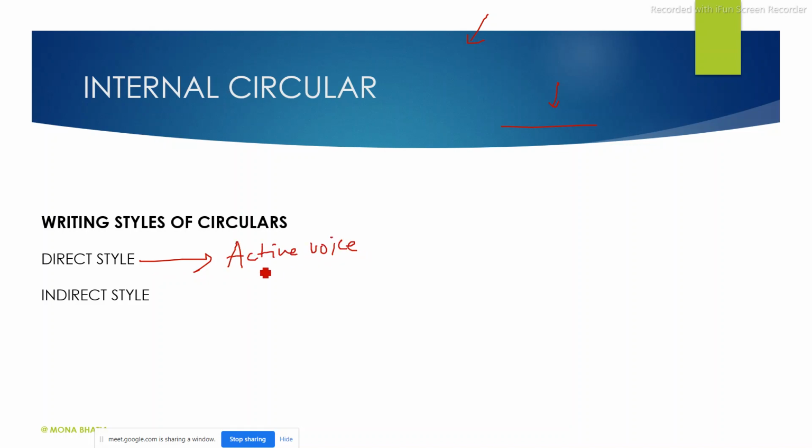आपको एक्टिव वॉइस मैंने करवाया था ईसी इफेक्टिव कम्युनिकेशन 1 के टाइम पे. ग्रामर पोर्शन उसमें ऐड सब कुछ हो गया था. सो आई एम नॉट गोइंग टू डू इट अगेन. एक्टिव वॉइस में होना चाहिए, एंड ये वाला जो होता है वो पैसिव वॉइस में होता है. ठीक है, गॉट इट. नाउ डायरेक्ट में द स्टाइल इज यूज हियर इज कॉल्ड डाउनवर्ड कम्युनिकेशन. Means when the subject of the circular is routine in nature and the receiver are subordinate.